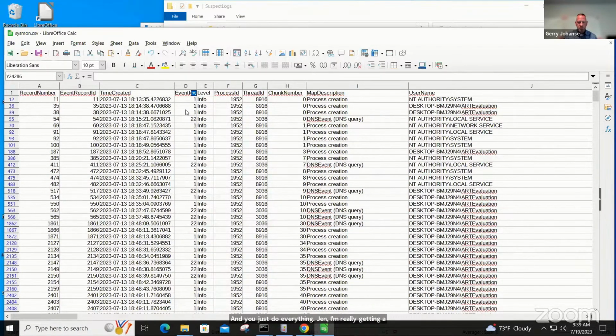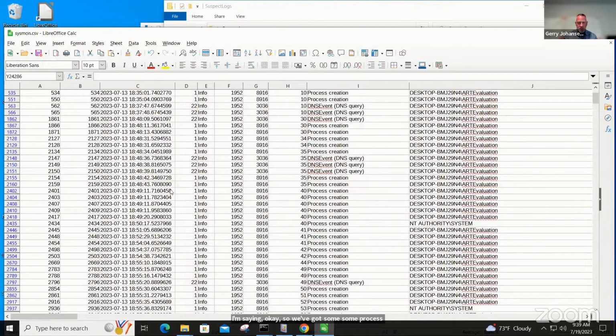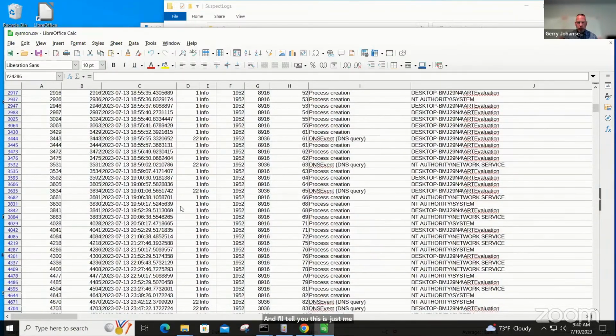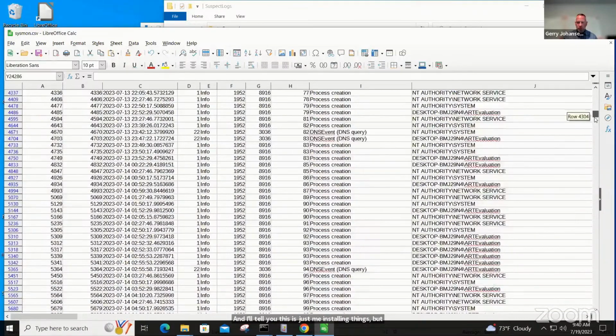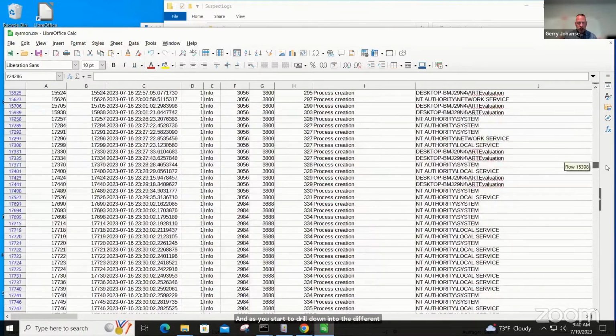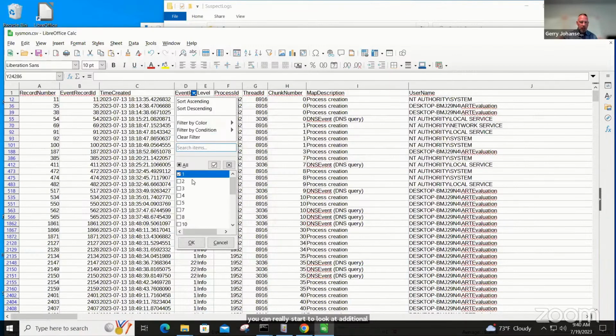I'm saying, okay, so we've got some process creations, and then we got a DNS event, some more process creation, DNS. And I'll tell you, this is just me installing things, but it does look like something is going on here. And as you start to drill down into the different lines, you can really start to look at additional where we're seeing process execution with a network connection. Something to think about too is if I'm firing up something like a Cobalt Strike beacon, I'm going to see some of that activity in the same